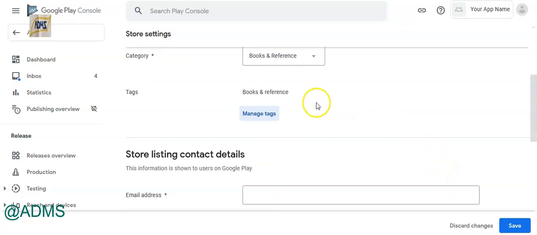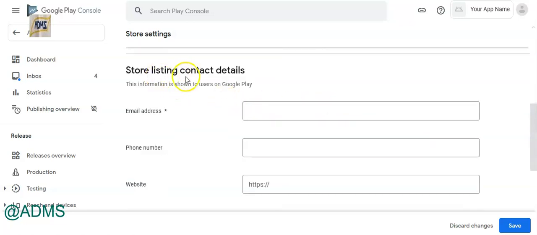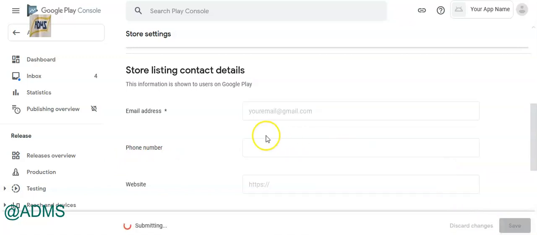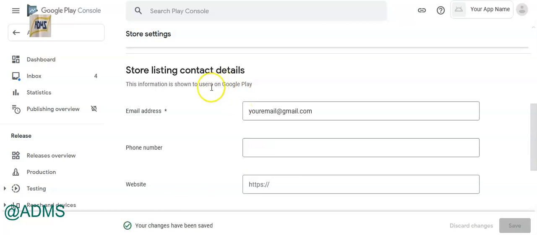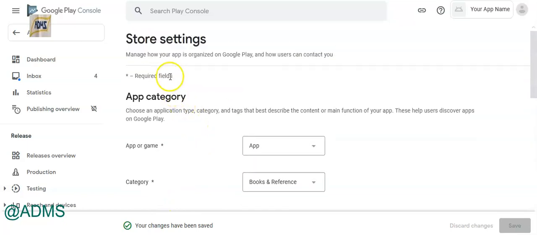Okay. Next is store listing contact details. Again, you have to give your email here. Phone number is not mandatory and website is not mandatory. So click save. If you want, you can enter the phone number and website also. Okay, so this is done.